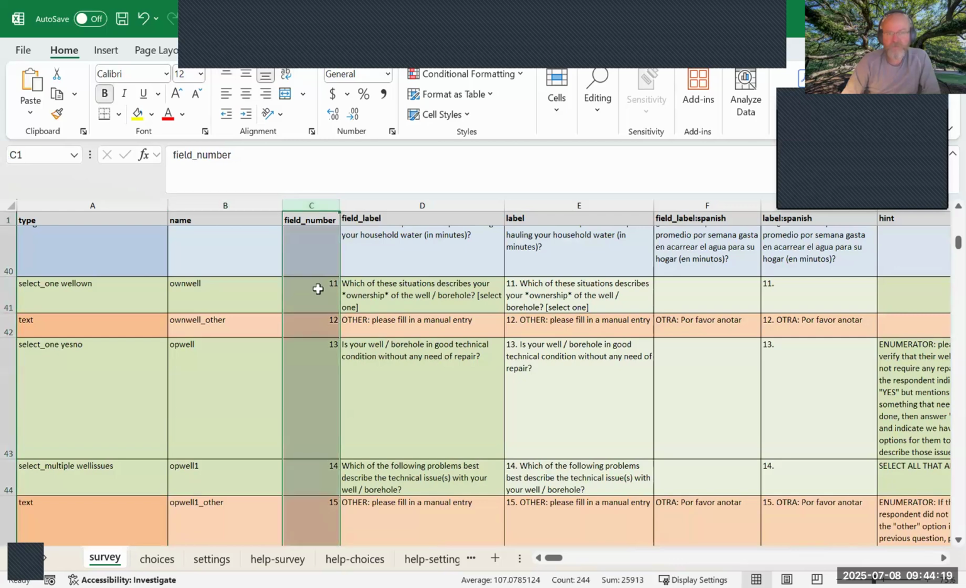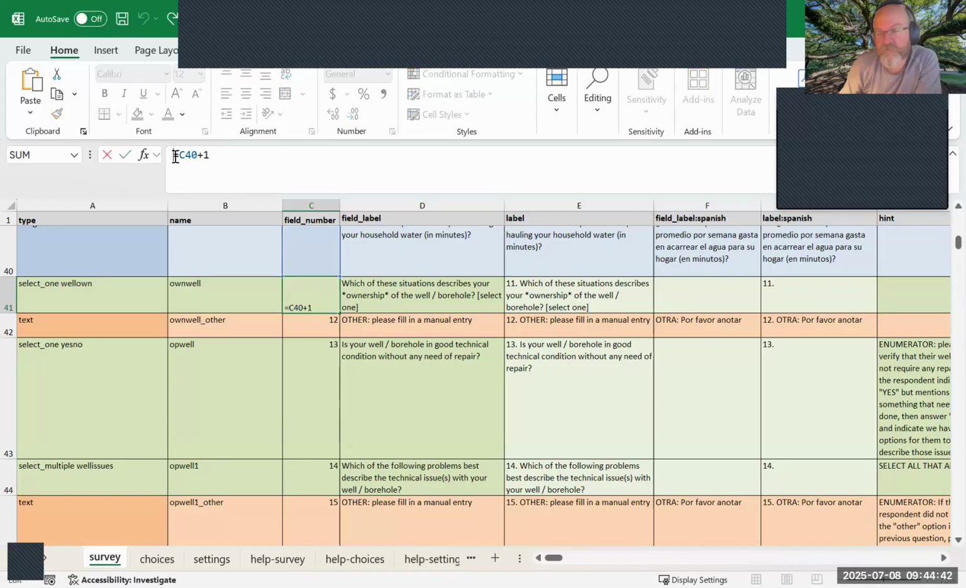But this next one, field number, that's an auto-numbered. 11, 12, 13, 14. This is the number of question in your survey. But you'll notice up in the formula bar, it's a formula. We don't actually enter, for example, number, it says it's number 11 in field C41. It says it's question number 11. Well, it's actually a formula that says take the previous cell and add 1 to it to come up with the next